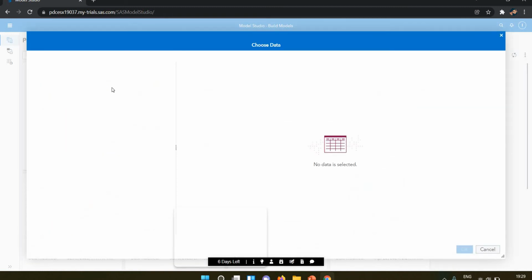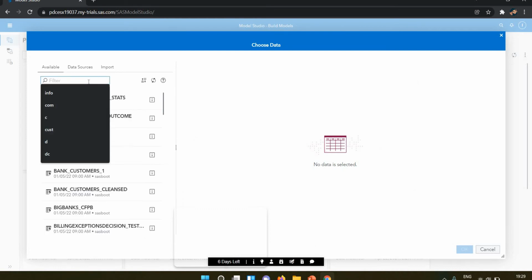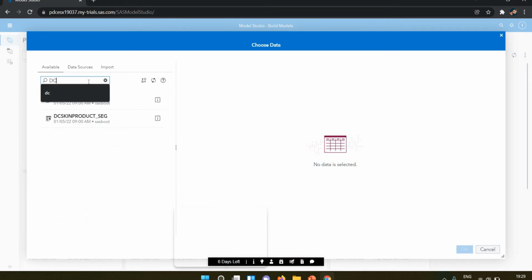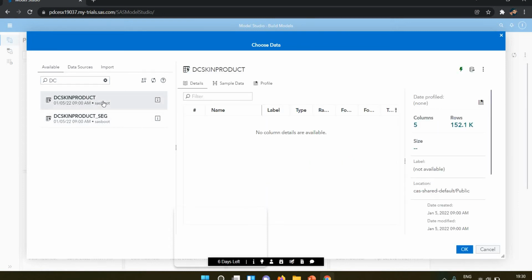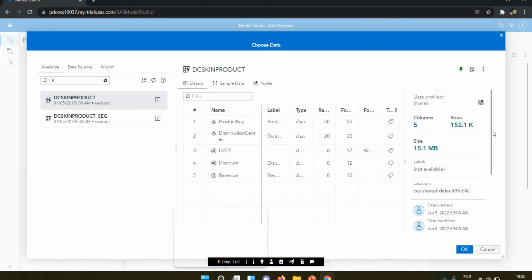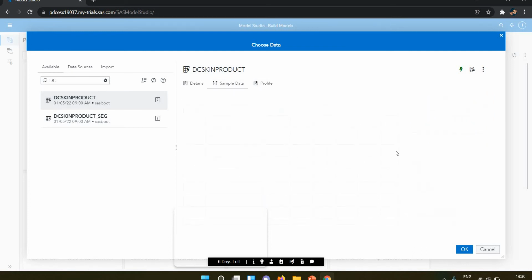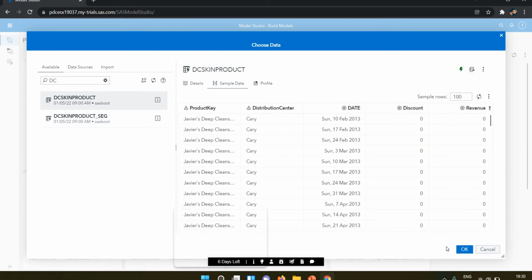Now I'm selecting our data. By default we have one SAS data set in the SAS Drive provided by SAS. So I selected this data. We have five columns, and this is the size of the data, and this is a sample of the data.